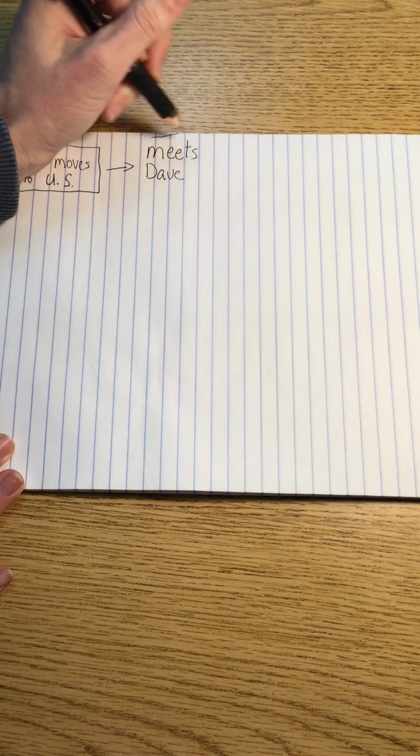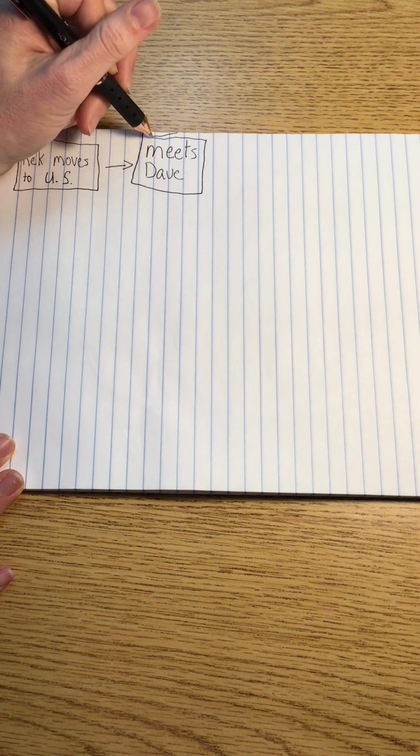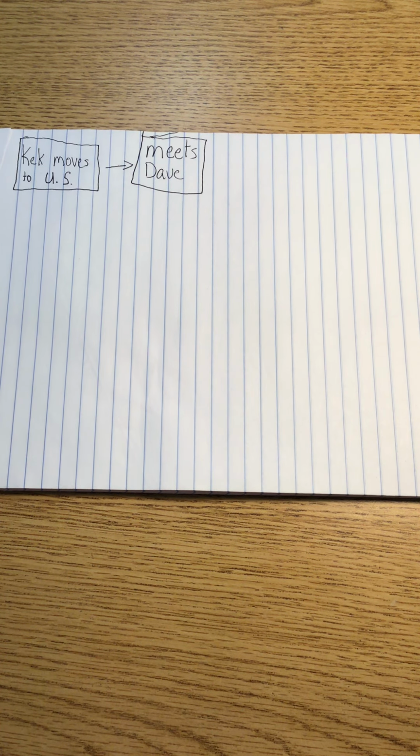I'm going to draw an arrow next because we're working in chronological order, or order of how things are happening in the story. Next, he meets Dave, right? Meets Dave. And again, I'm going to put a box around it. Okay, he meets Dave. Really, the third thing that's happened is that Kek has been reunited with his aunt and